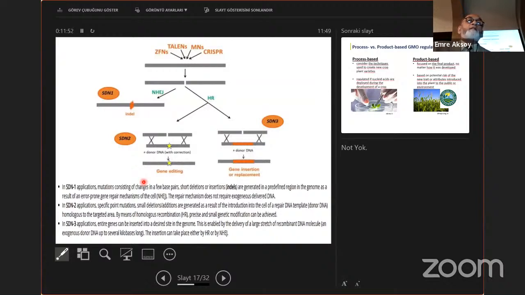In SDN1 application, mutations consisting of changes in a few base pairs, and short deletions or insertions are generated in the binding regions in the genome as a result of the error-prone gene repair mechanisms of the cell. In SDN2 application, specific point mutations, small deletions or additions are generated as a result of the introduction into the cell of repaired DNA templates. In SDN3 application,